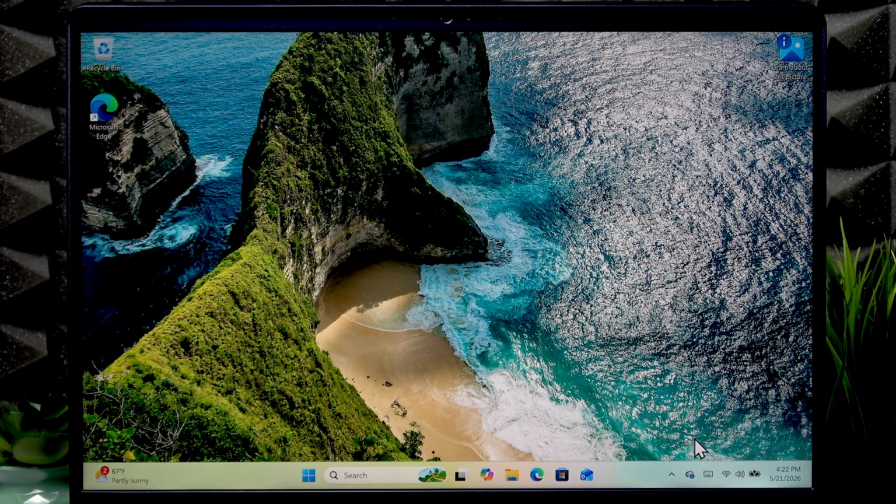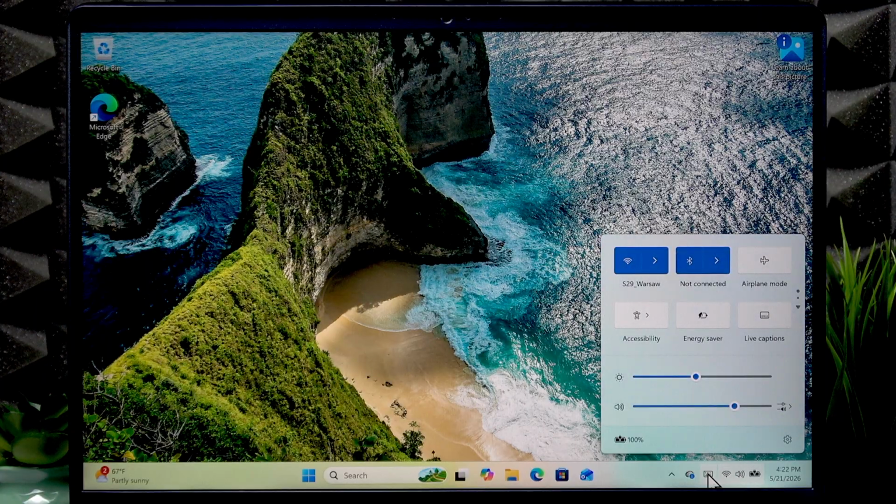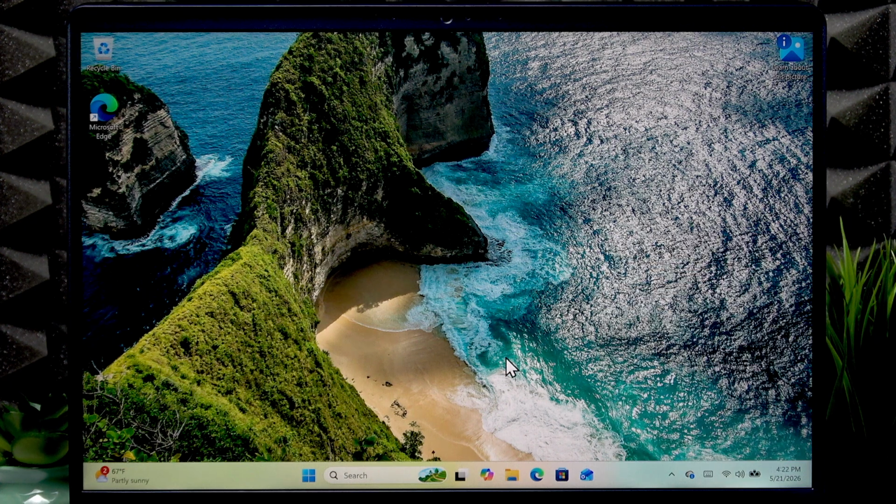To change the sound volume on your laptop, you either have to click on these three icons to open the control center and then move this slider to the left to decrease the sound level and to the right to increase it. And you can also use the speaker icon to mute and unmute your speaker, or you can also